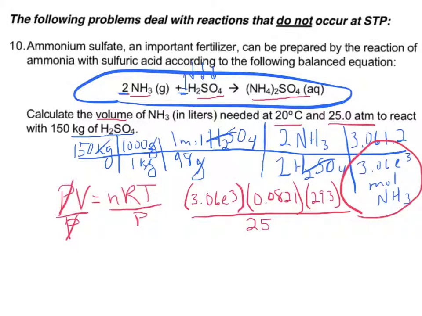there's my number of moles of NH3. I have the gas constant 0.0821. In order to use that gas constant, I've converted our temperature from 20 degrees Celsius, which is here, by adding 273 to make it Kelvin, and our pressure is already in atm. I go ahead and solve this, and when I solve this, I would get